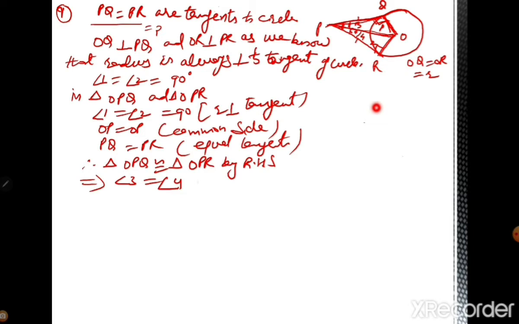So it will be 30 degree. Or you can say that CPCT, that is corresponding part of congruent triangle. Okay, so now we are using this part, angle 3 is equals to angle 4, that is 30 degree. Okay, now in triangle OPQ, or you can say OQP,